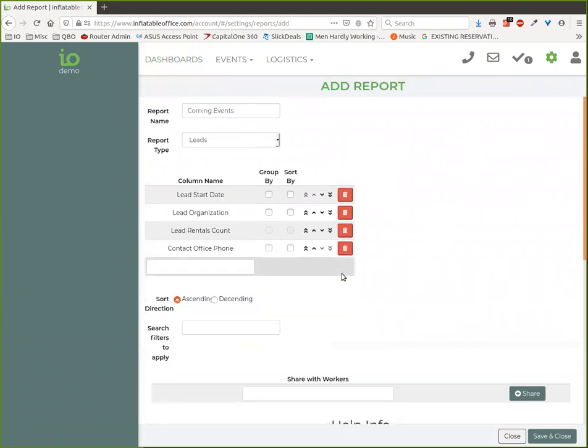Put the office phone in there. So let's go ahead and do one more thing here. You can order your columns by clicking these arrows if you want, but I kind of put them in the order I want them already. But I want to sort by this start date because even though this report is going to give me all the data and the filter is set up to give me all the proper data, we don't have any order